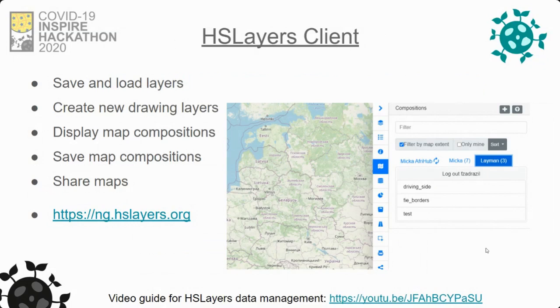In short, I could say that it's nearly the same as what Pavel showed in his demonstration. But this time it's completely in web environment without installing anything. The last thing before I ask to run the video is that HSLayers, like the other technologies, are completely open source. Here on this slide, you can see the link to our official site, and then you can find the open GitHub repository for the project. Okay, that's for now, and enjoy the demonstration.